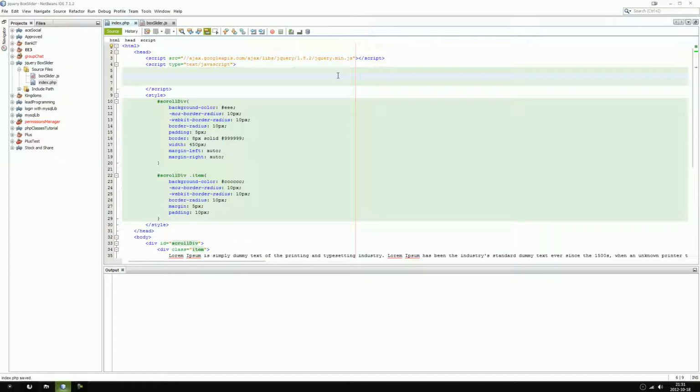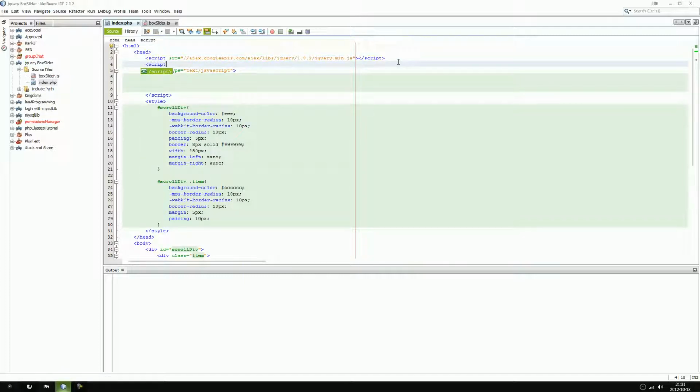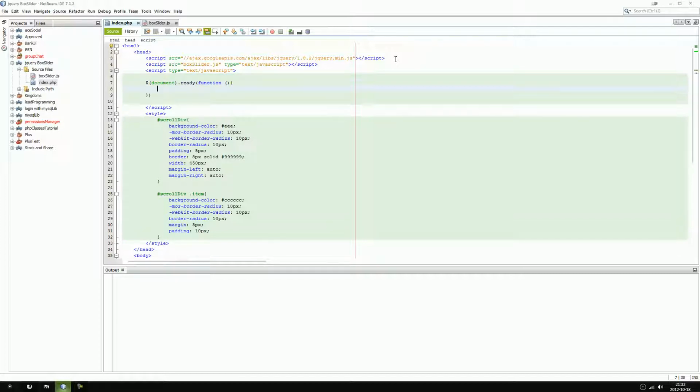You know what we will also do? We need to include the boxSlider. So script src boxSlider.js type text/javascript, and we'll do that. And when the document, if I can spell it right, document.ready, when the document is ready, we're gonna run a function, and just to check